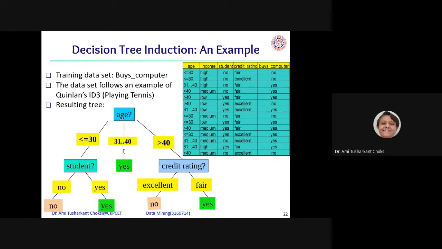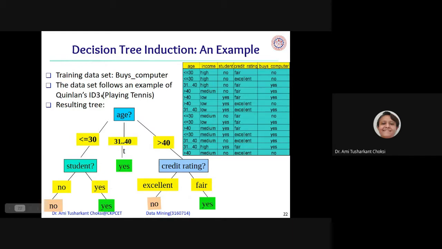Based on that, from this decision tree, if I want to say whether any person X having age from 31 to 40 will buy computer or not: age 31 to 40, irrespective of whether the person is a student or not, irrespective of whether the credit rating is excellent or fair, that person will buy the computer. Got the point?